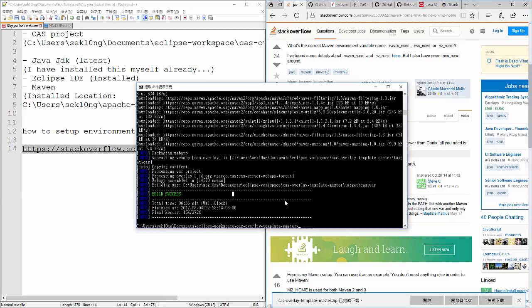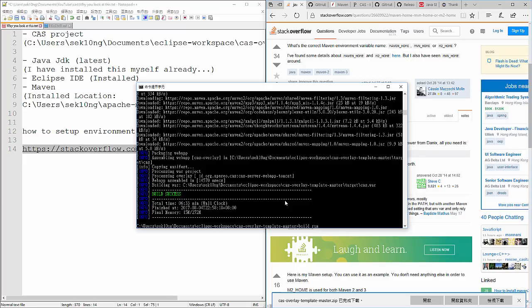So you can now try to type build run. Build run is to run the whole application, and build package is just to package the whole application so it's ready to be run.